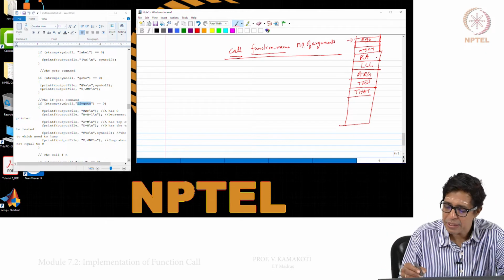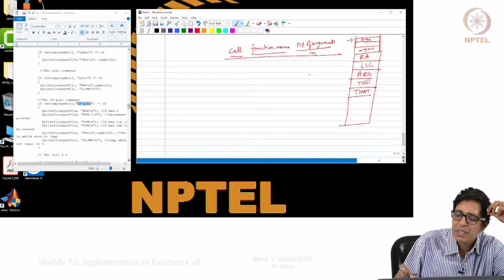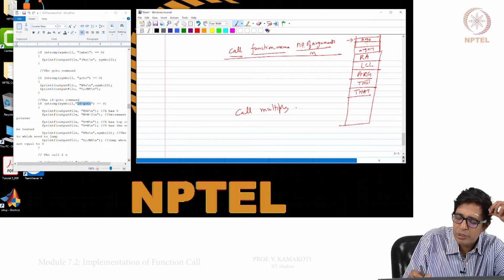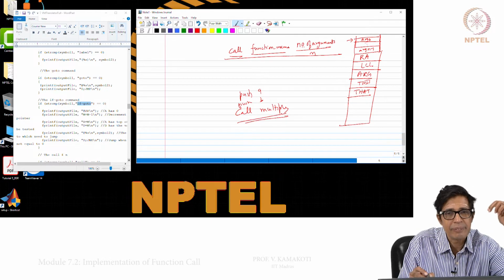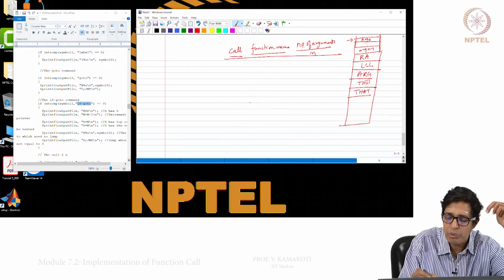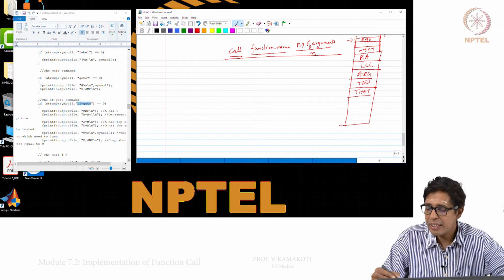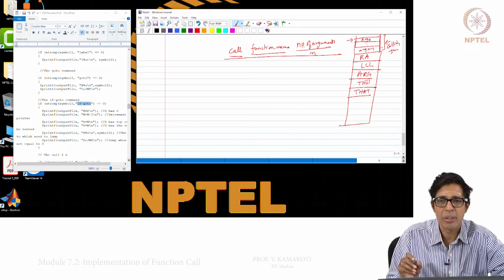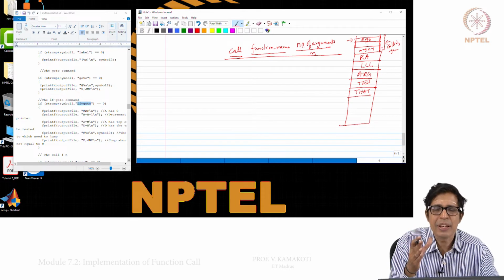So, when I am calling, say, multiply something, I need two values a and b. These will be already pushed by the calling function onto the stack, and then it will call multiply. So, the assumption I am making is that before call, all arguments are available on the top of the stack. These are the n arguments pushed by the calling function, and only then is it executing call.